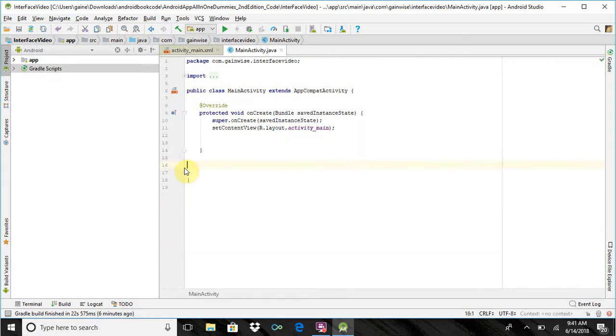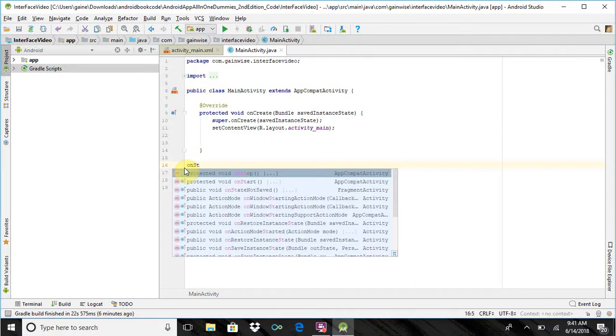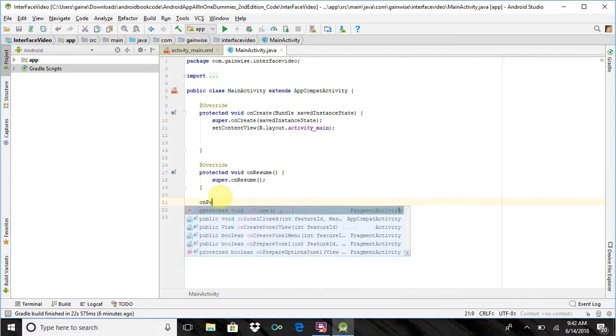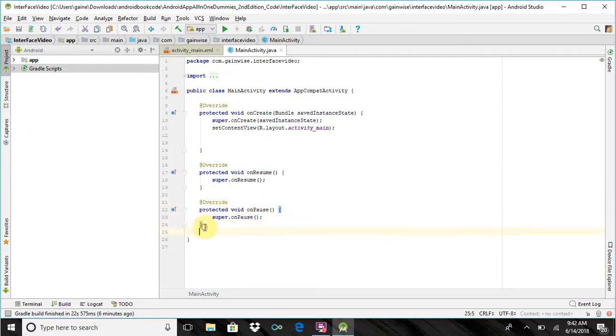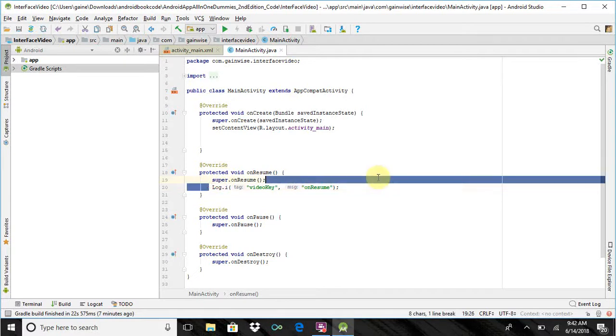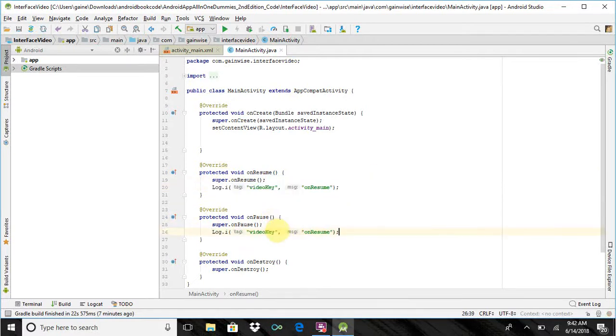First, let's do this too, though. We're going to call just the major overriding lifecycles. Just that, and then one more. We're going to do some logging information. Video key, and onResume. This is specifically just to show you this type of stuff is important when you consider